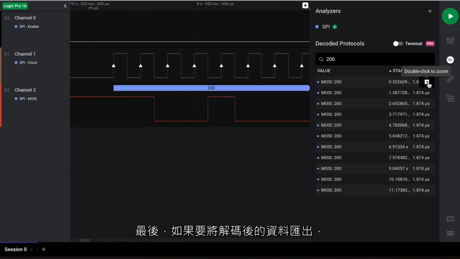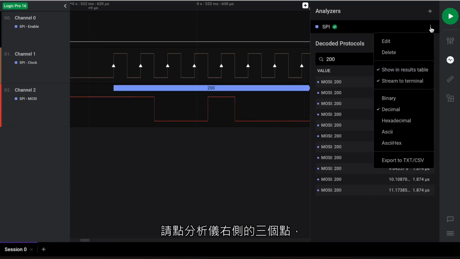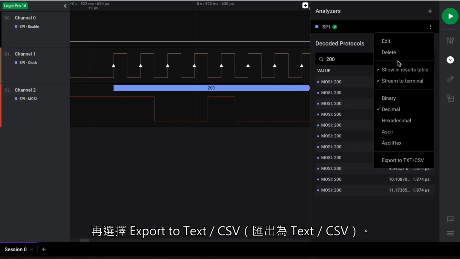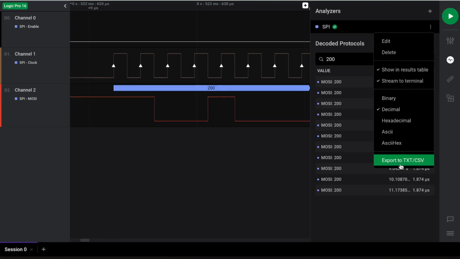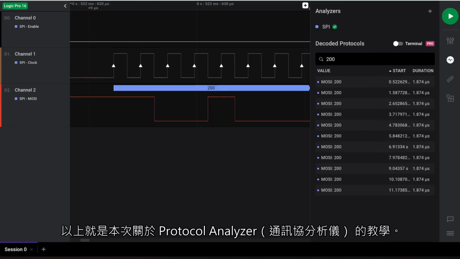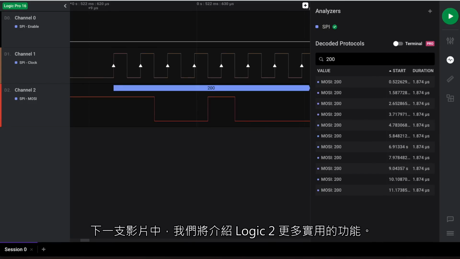Finally, you can export your decoded data by clicking on the three dots to the right of your analyzer, and then clicking Export to Text/CSV. This wraps up our tutorial on protocol analyzers. In the next video, we plan on discussing more useful features on Logic 2,